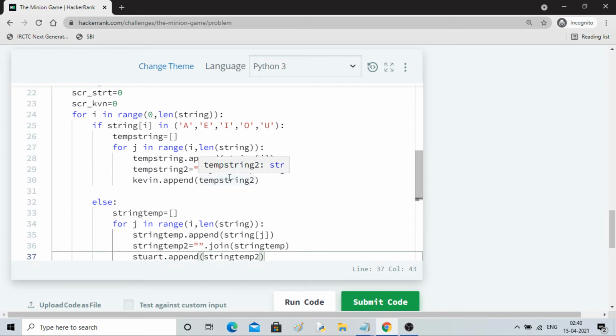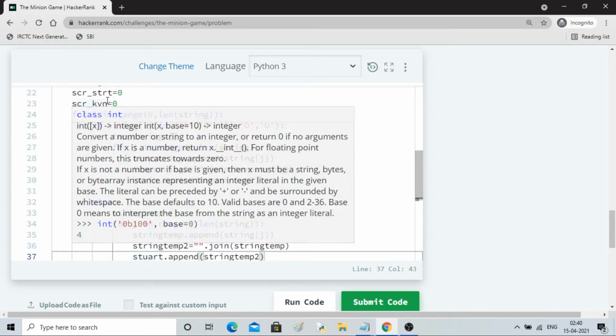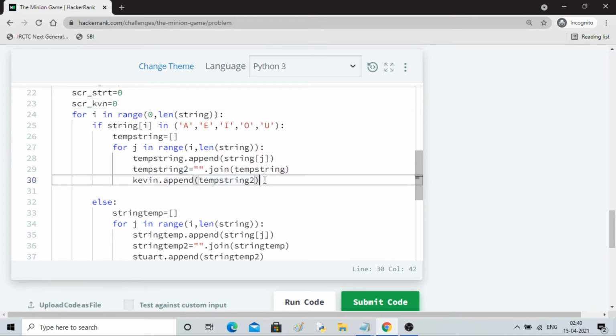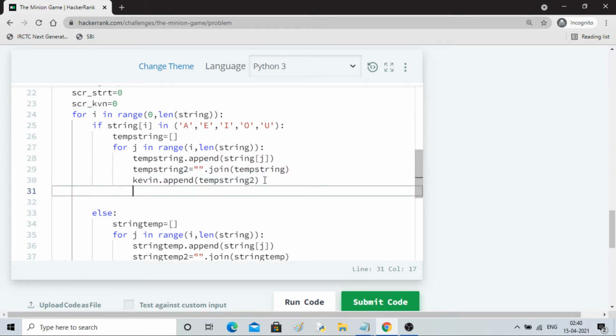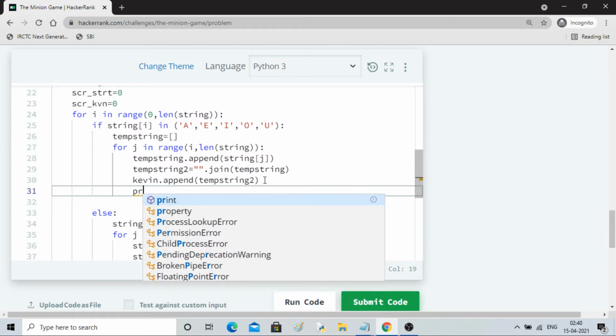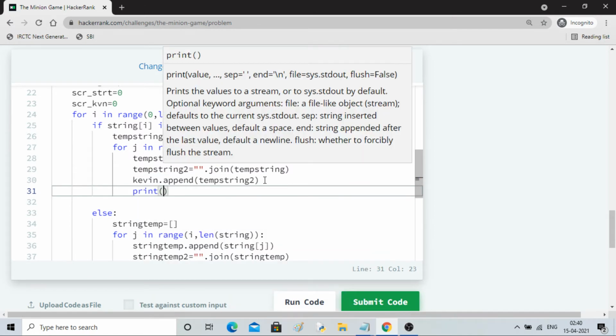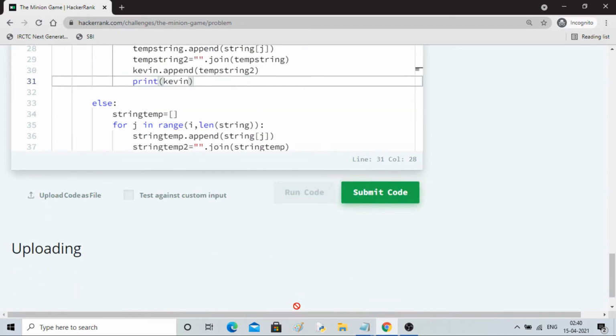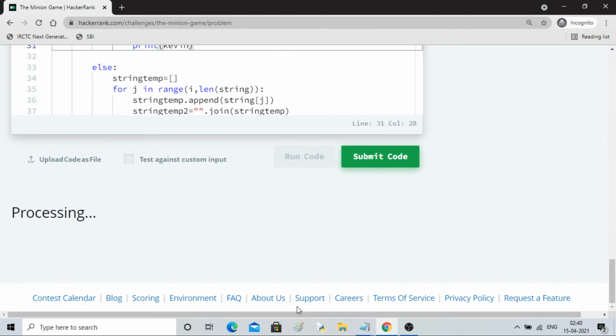you know what is going to be inside Kevin and Stuart's array, right? But we don't want them. We just want a score. And if you see what we are basically doing, each time we are having a word in Kevin's list, let me print and show you.